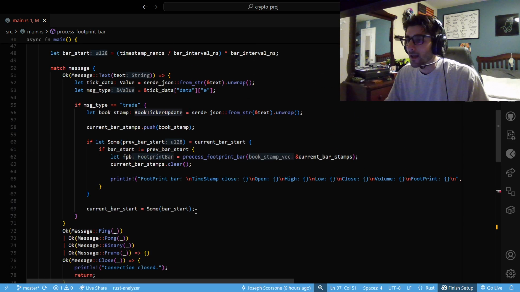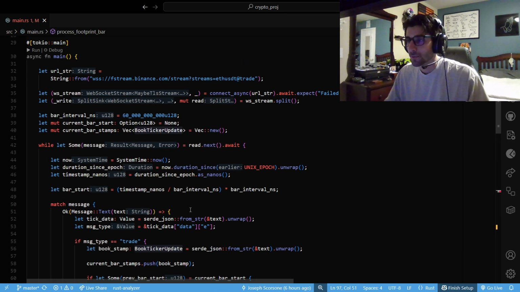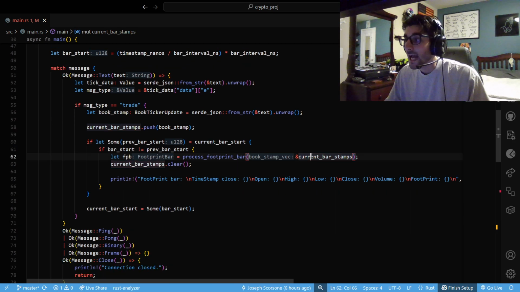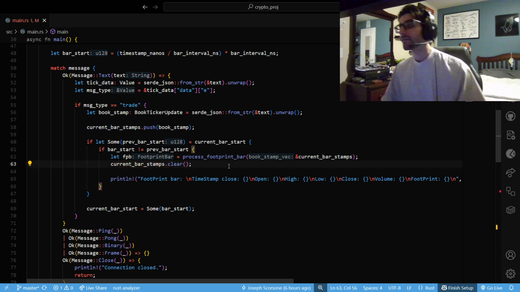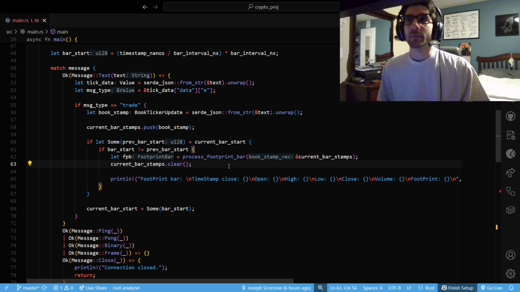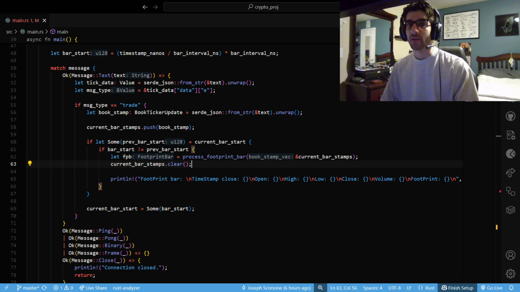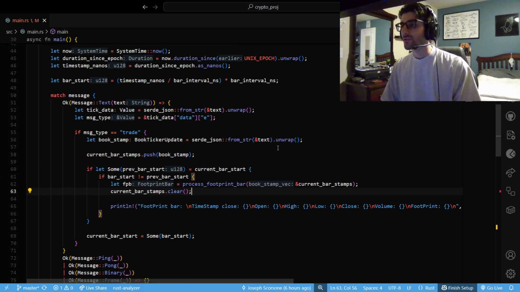Right now, the ownership of this vector is here. And even after I call this function, I still need to modify this vector. Now, what if this vector gets gigantic? I don't really want to be copying over or cloning the whole memory that I could have. I could have a lot of trades in there. I don't want to be cloning that on every single iteration. So I'm just giving it a reference to the current